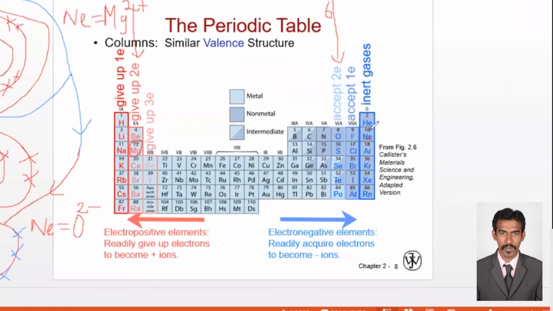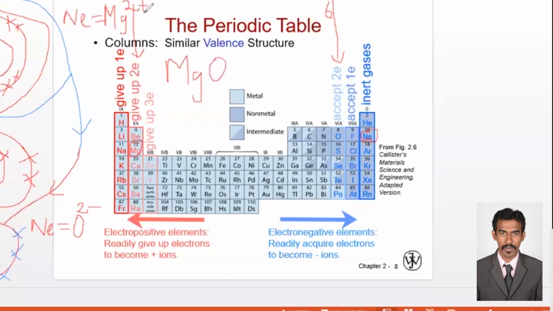Neon, if you see, is a stable element because it's an inert gas. So stable elements are the inert gases, right? So usually they don't go for any reactions. Similarly, the magnesium 2 plus and oxygen 2 minus ions achieve the status of neon, right? So we will combine this Mg2+ and O2- into MgO,